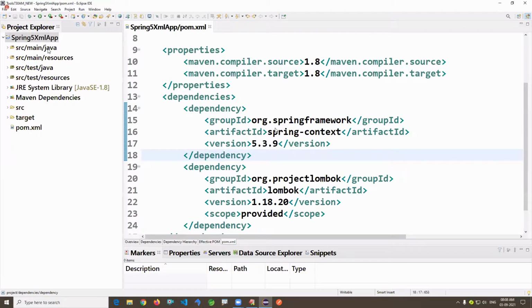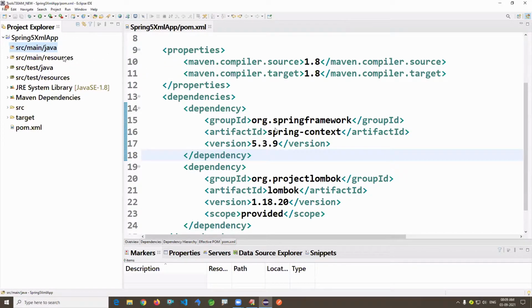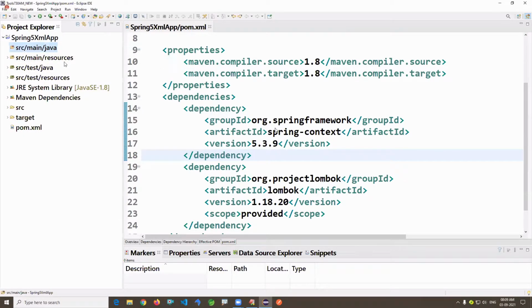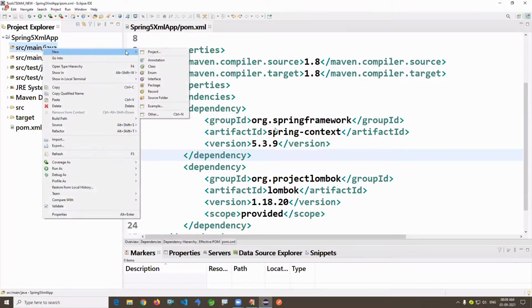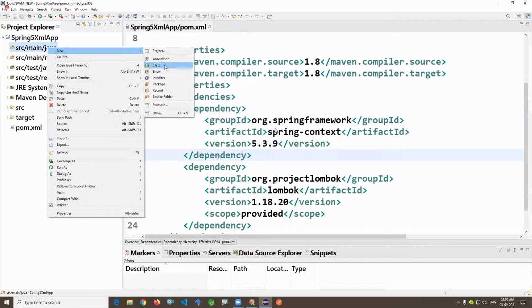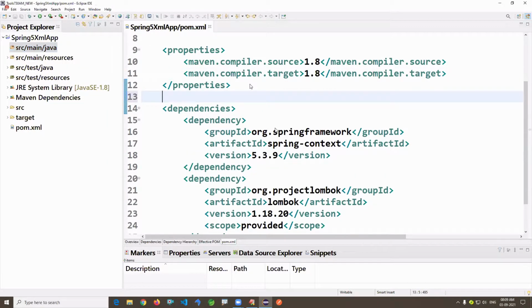I'm creating one class here. Okay. So what is the problem? Eclipse itself is giving some problem, it seems.